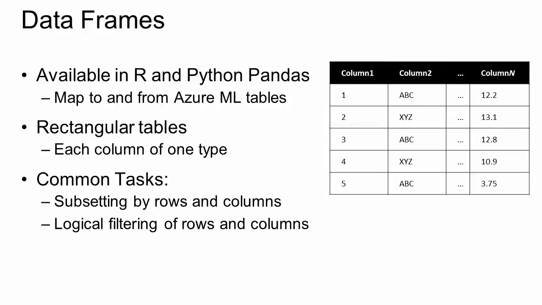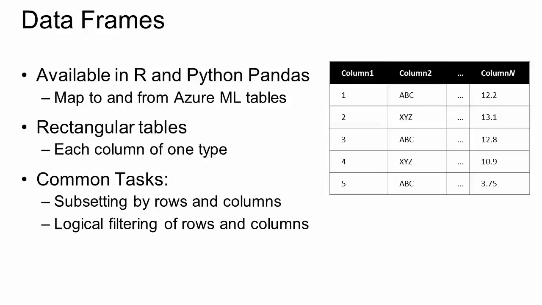They're rectangular tables. That means they can't have ragged ends. The column lengths have to be the same, and further, each column has to be of one type. But R or Python pandas gives you lots of ways to subset by rows and by columns. There are also ways in Azure ML, which we'll get to as well. You can either subset by, say, names, or you can do lots of logical filtering. Pretty much any kind of filter you can conceive of the logic of, you can create in R or Python